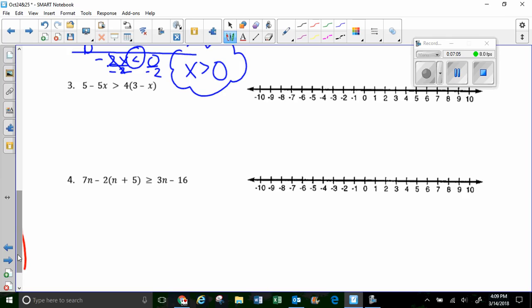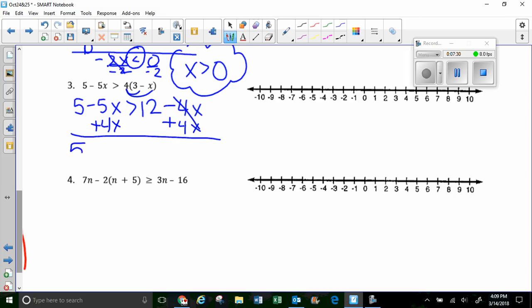Let's start by distributing here. So I'm going to rewrite the left side. 4 times 3 is 12. 4 times negative x is minus 4x. Next, I'm going to look for like terms. I don't see any like terms, so I'm going to move my variables to the left by adding 4x on both sides,